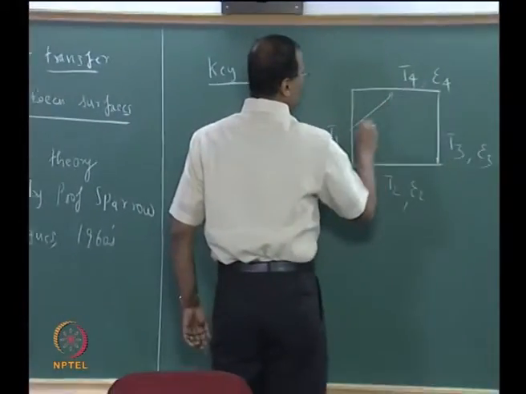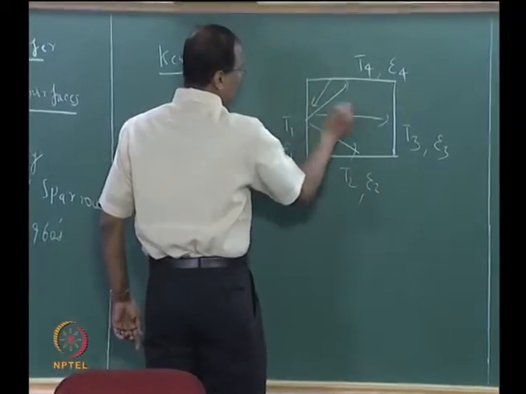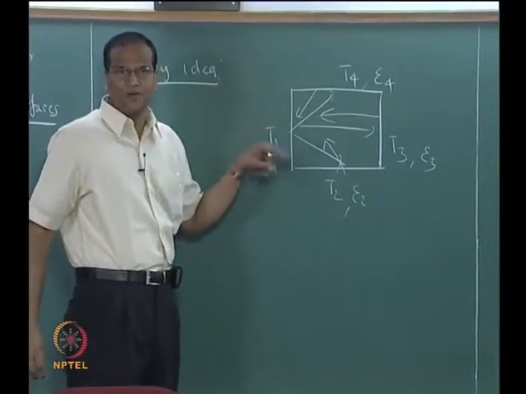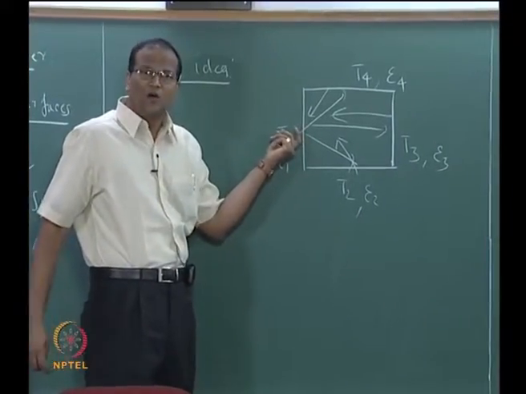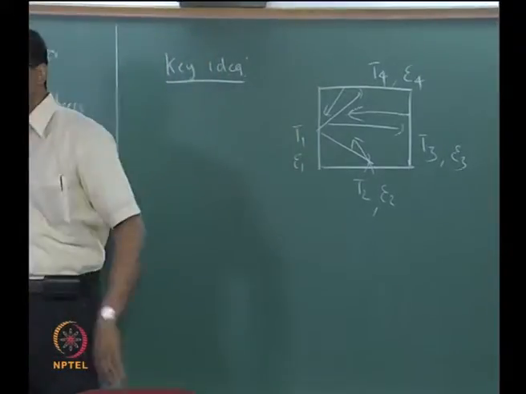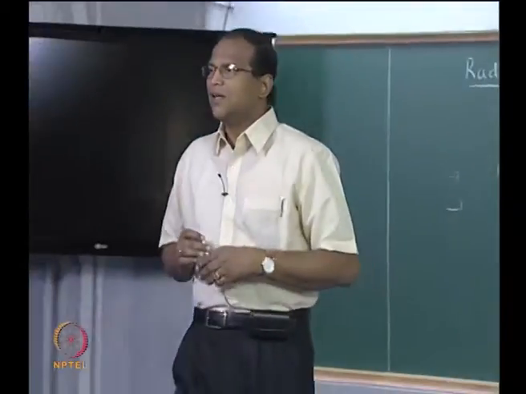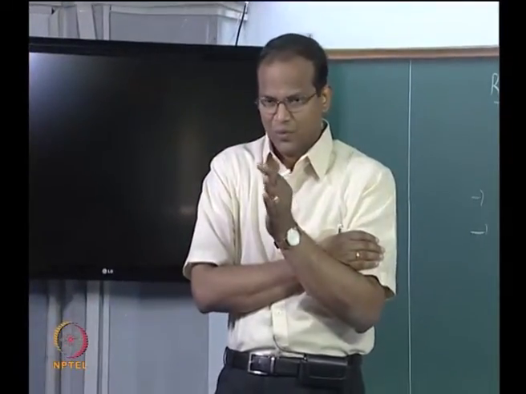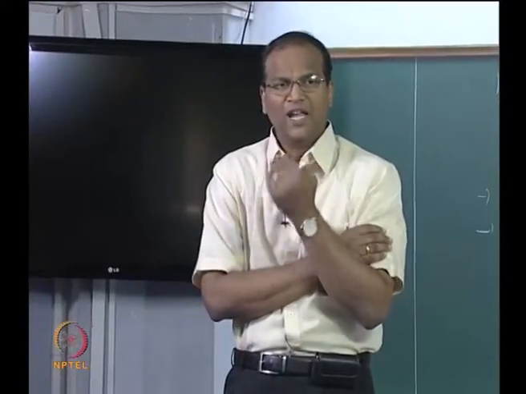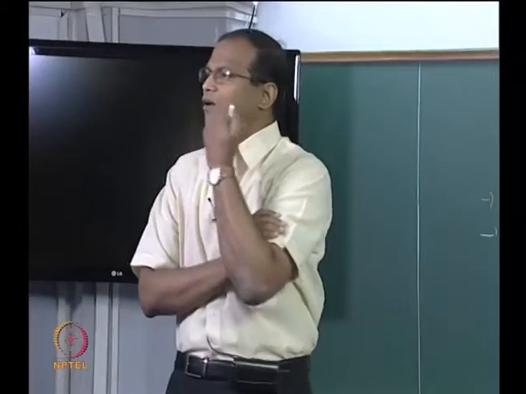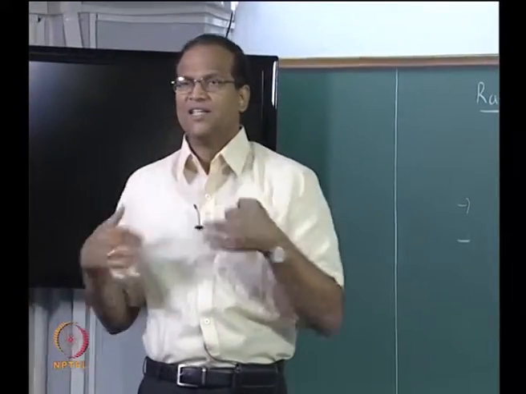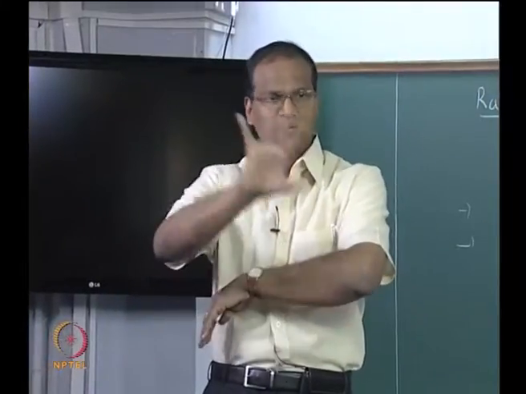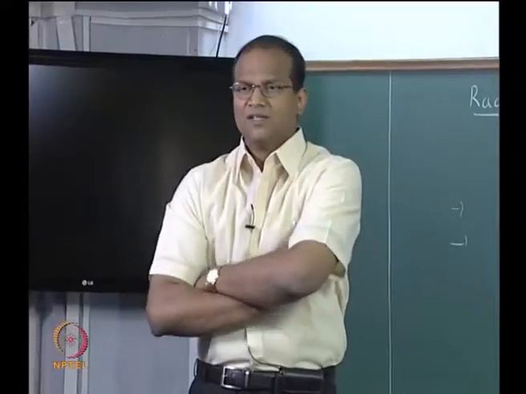Radiation from this surface can go here, can go here, can go here. Radiation from this surface can come, this surface can come, and this surface can also. So the key idea which Professor Sparrow used was, you account for all the radiation originating from a surface and all the radiation falling on the surface, and what is going out minus what is coming in has to be balanced among all the surfaces. By taking into account all the radiation originating from a surface and all the radiation falling on a surface, you can solve this as a system of simultaneous equations, wherein you can get all the radiative fluxes you desire.